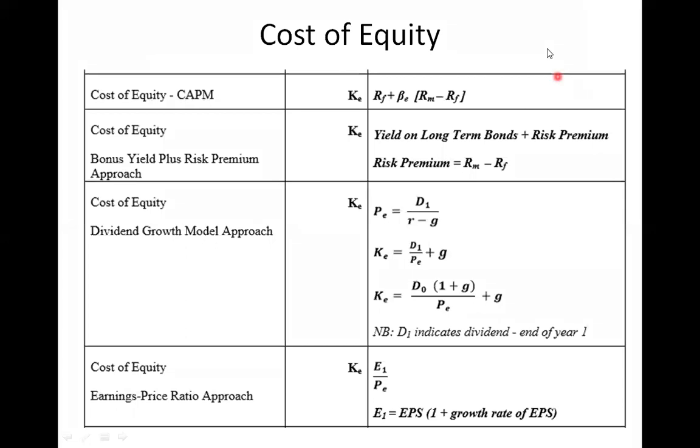Students? Can you repeat from the P? D1 is given here. Here D1 indicates dividend at the end of the year, end of year 1. Whatever they are giving as dividend, it is D1. And what is D0? D0 is the dividend at the beginning of the year or previous year. D0. Okay.